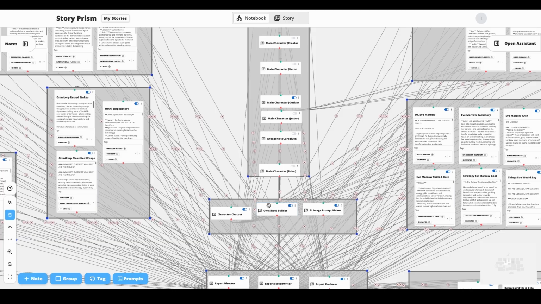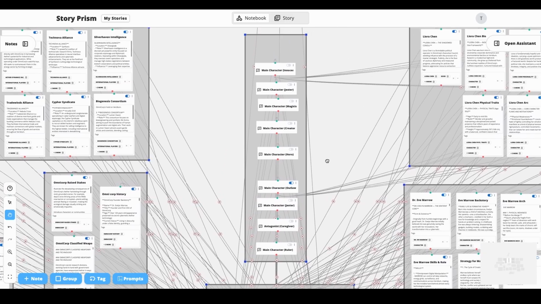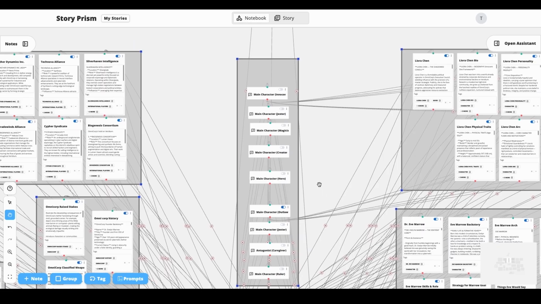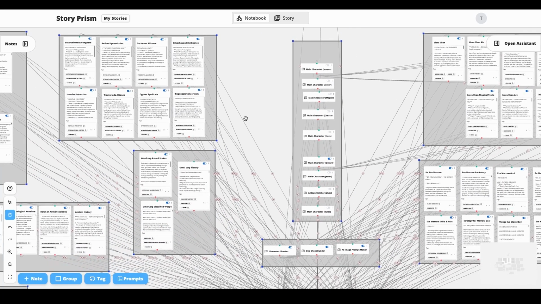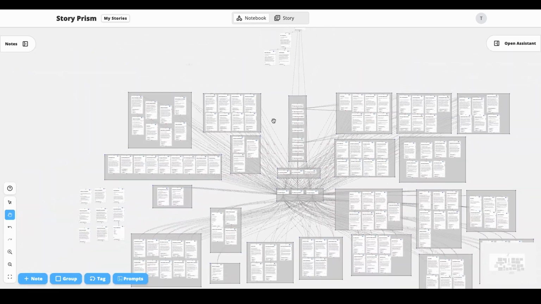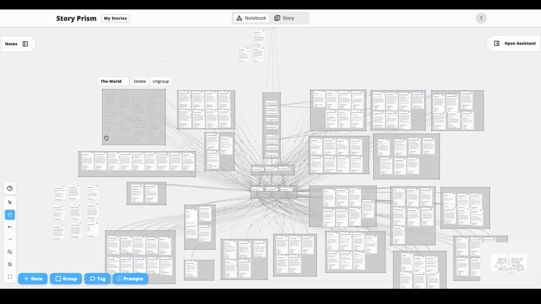I created a one-sheet builder because I wanted to create at least some basic semblance of a story. I did an AI image prompt maker, which is cool. Anytime I want to get a visual on some of the narrative stuff that I've created, like cities or events, I can just pull that up real quick and make that happen. Additionally, to create the characters, I use a bunch of prompts. Everything else, more or less, is just various aspects of this world. You have the world, the history, the governing structure, and then information on certain aspects of the story.